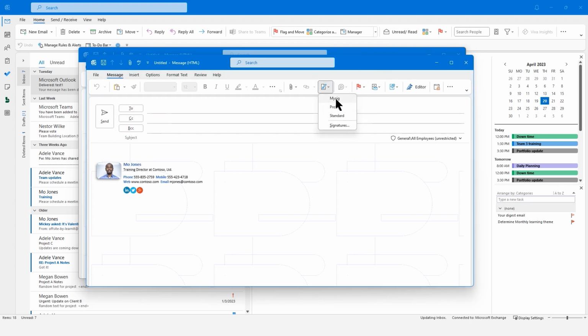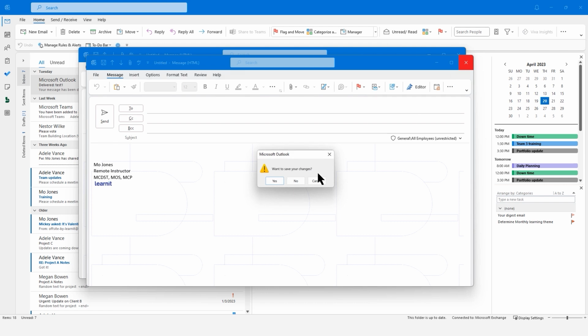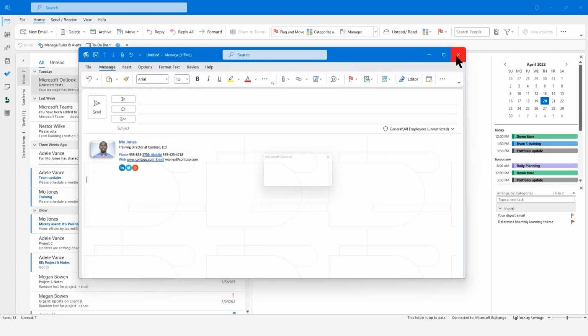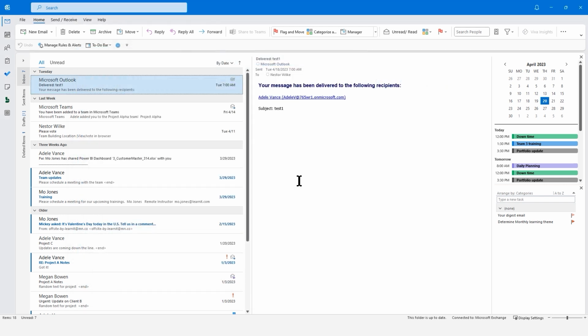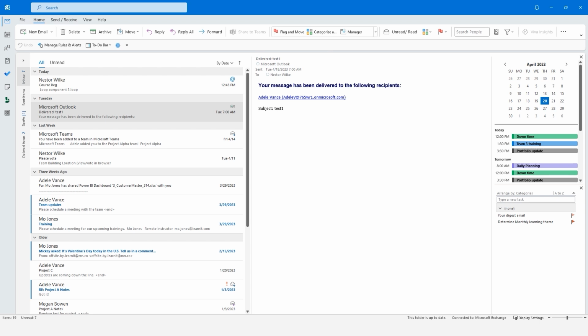And there we go. So I can toggle back and forth between different signatures, right? Different ones here as well. So I don't want to save my changes here. Go ahead and download that template, spend some time and create a really nice professional signature, and come right back. After creating professional signatures, let's use what is called a Loop component